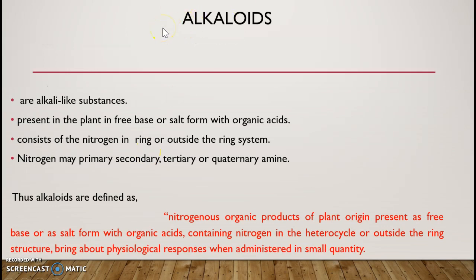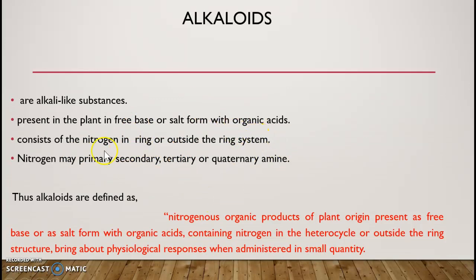Let us go through the alkaloids. Alkaloids are alkali-like substances which are present in the plant in base form or in the form of salt with organic acids. They consist of nitrogen in the ring or outside the ring system. This nitrogen may be one or more than one in number, and it is present as primary, secondary, tertiary or